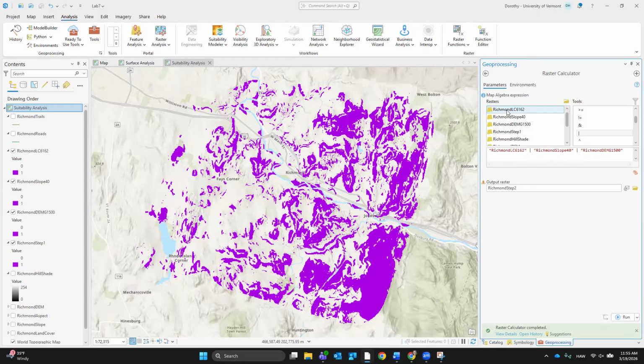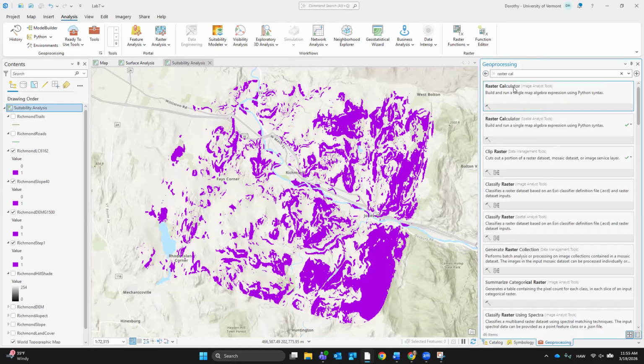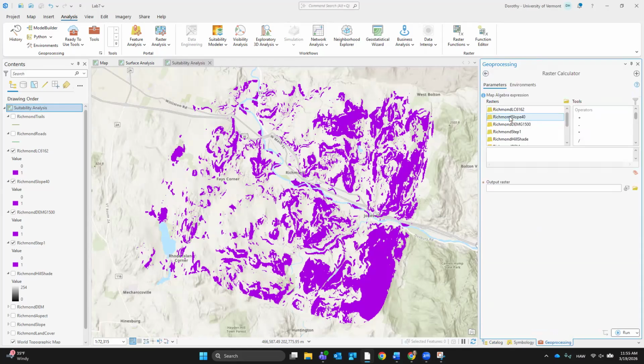So let's go back. Raster calculator. I'm going to go ahead and do the little pieces that I've made. I already did all that work. It's this easy. Well, I'm going to call it Richmond step 2.